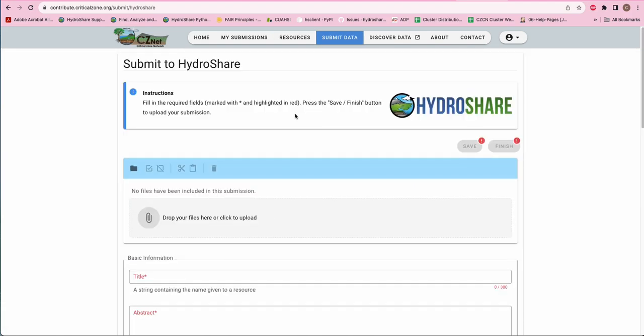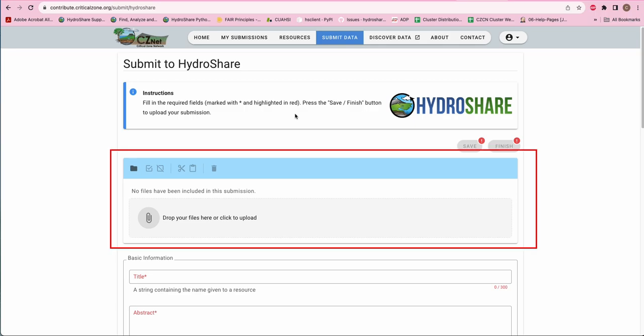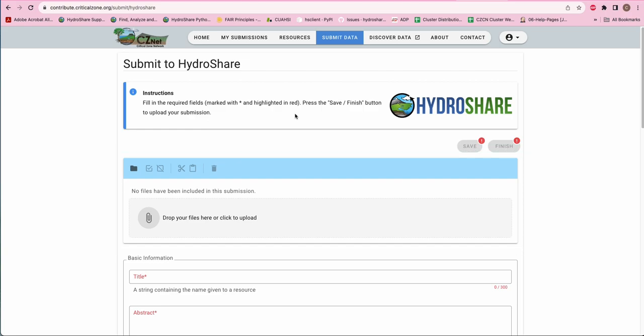Now I am looking at the metadata template. At the top is the content section where you can drag and drop your files. All fields that are labeled in red are required. First, you need a descriptive, human-readable title. If the data is site-based time series data, for example, include both the site name and the fact that it